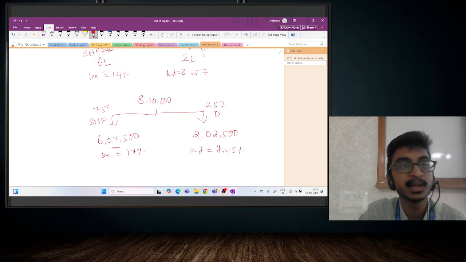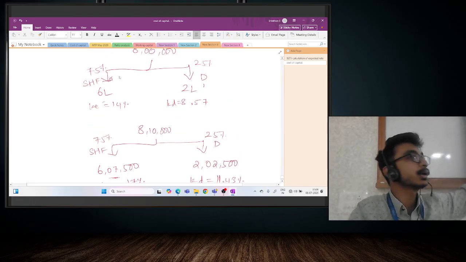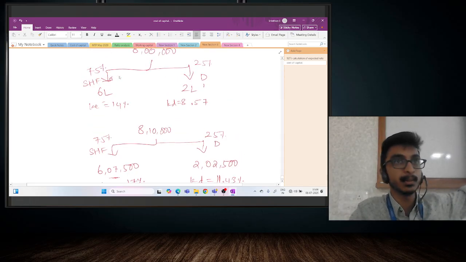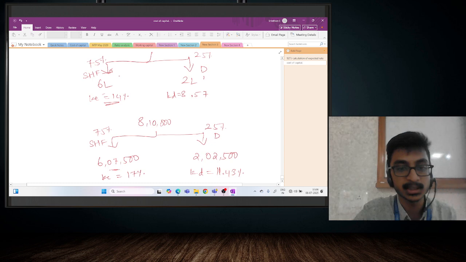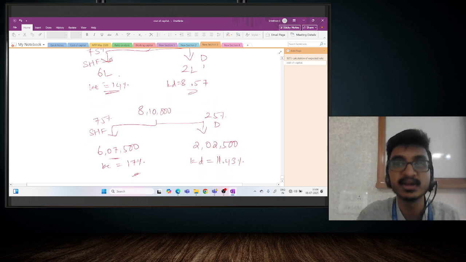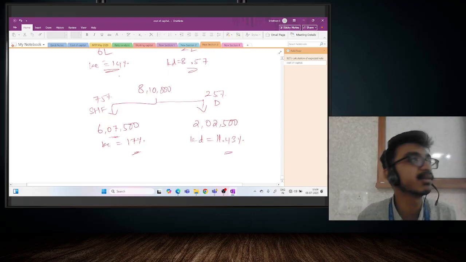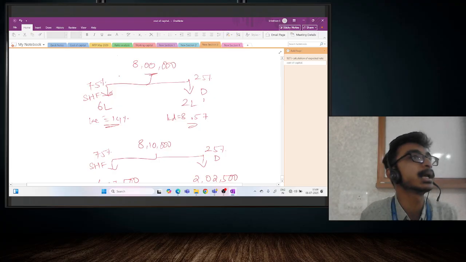So here what is happening? Weight is constant. 75% shareholders fund, 25% debt. That is same under both the situations. But what is happening? Cost of equity is 14% here. Cost of equity is 17% here. Cost of debt is 8.57% here. And here it is 11.43%. So we say 8 lakh rupees is one of the breaking points. Why? Because